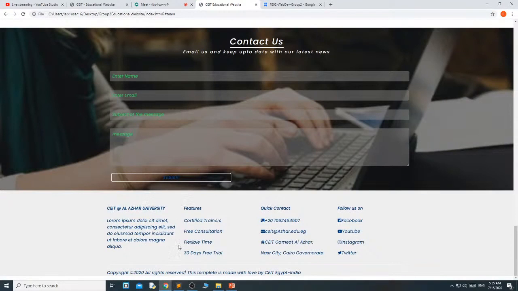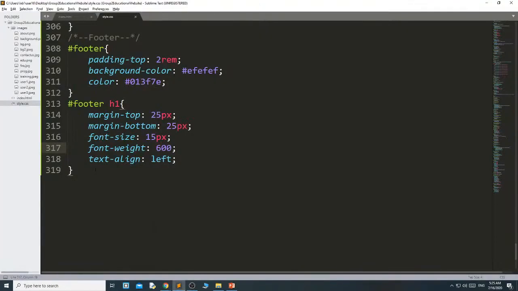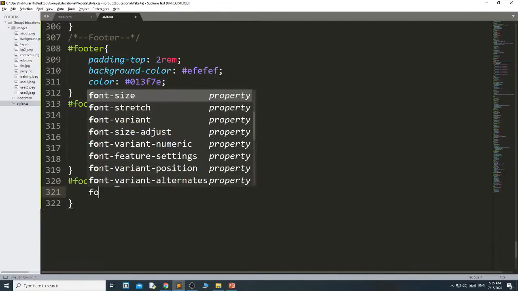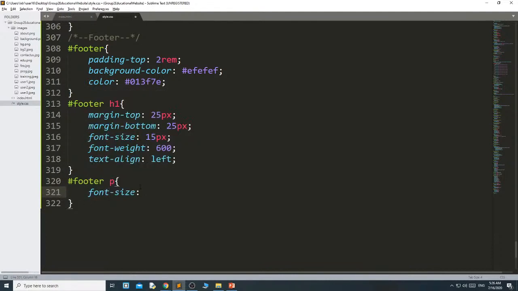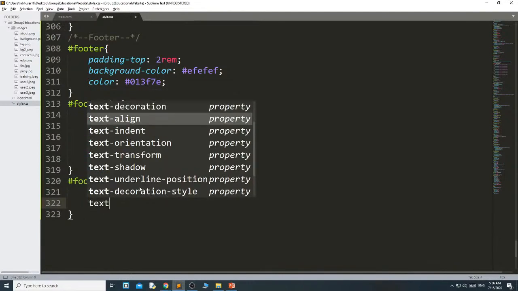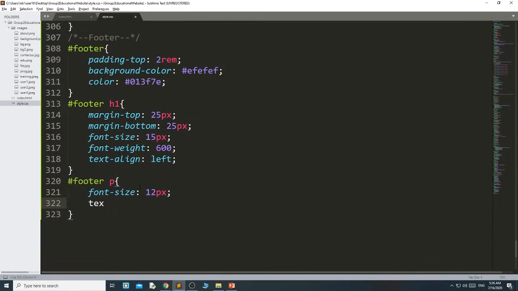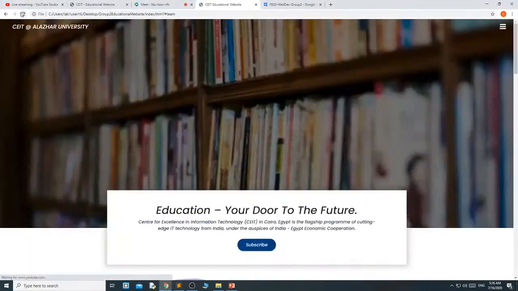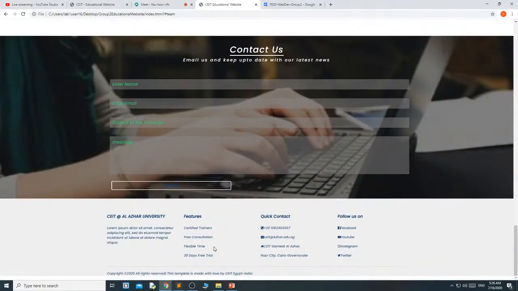Okay, then we will design this paragraph. Then has footer copy paragraph. Here font size 12 pixel and text align left. Always give paragraph font size lesser than your heading font size. See here. Okay.